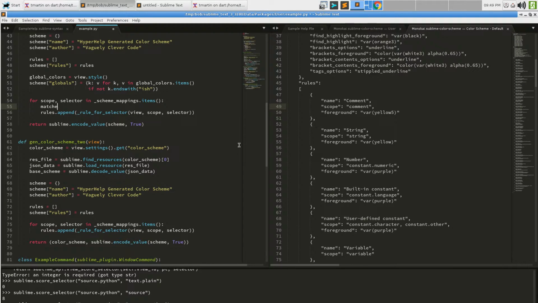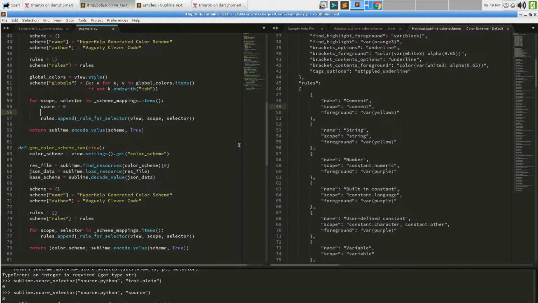Matched. Oh, we need two things here. We need to store the entry that matched and the score value that it produced. So let's say score is equal to 0, because 0 is the lowest number that can happen. And match is equal to None.